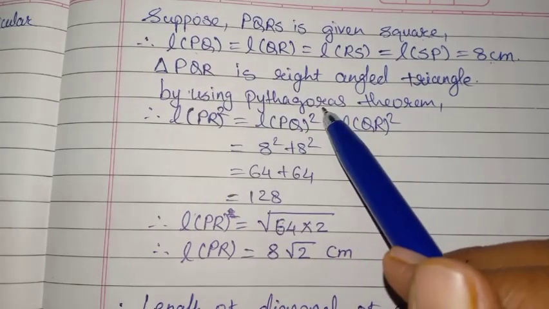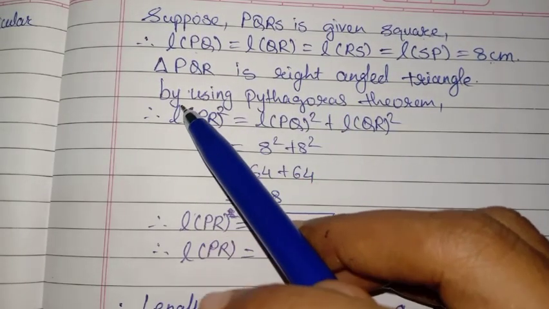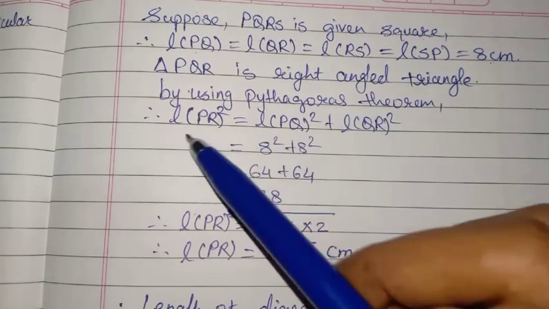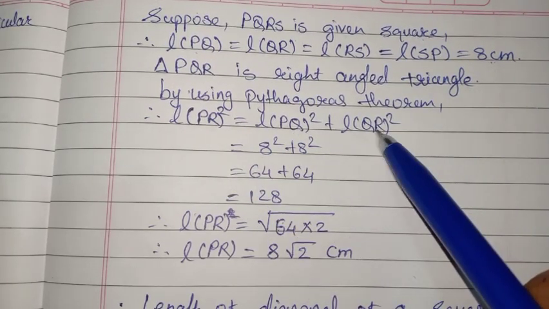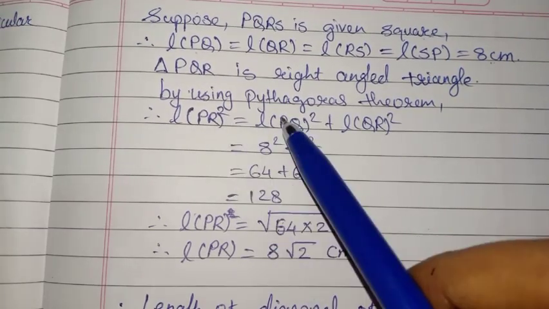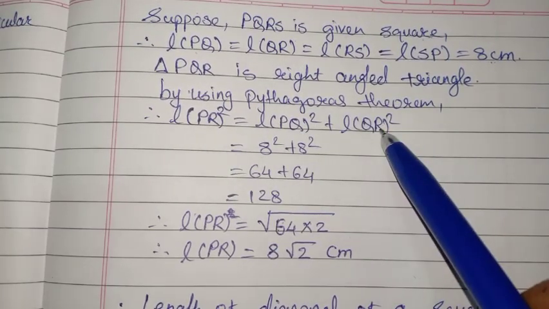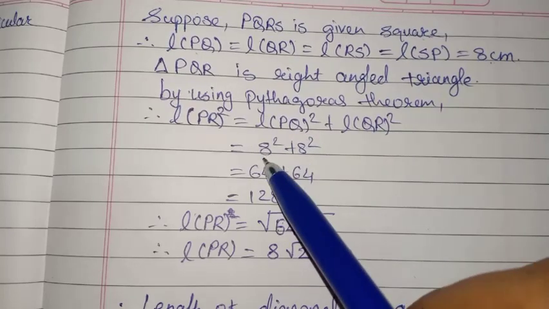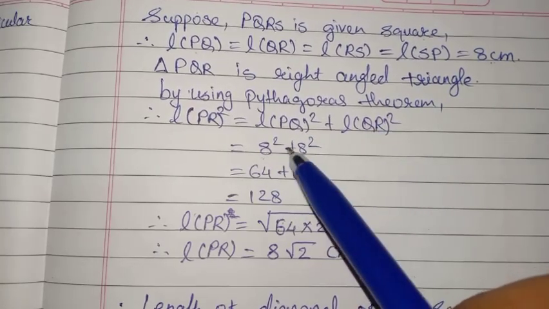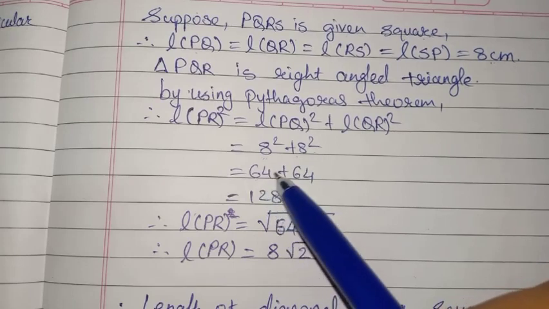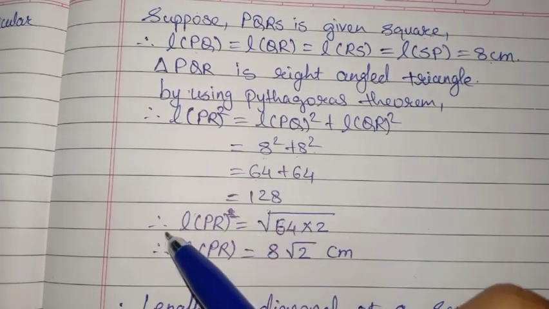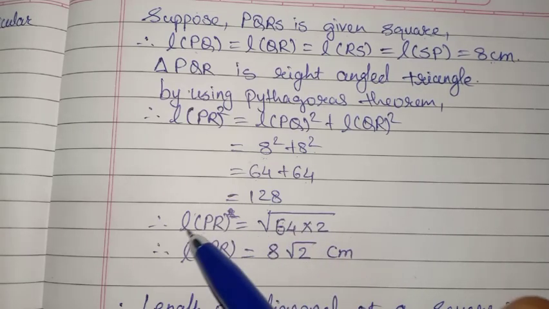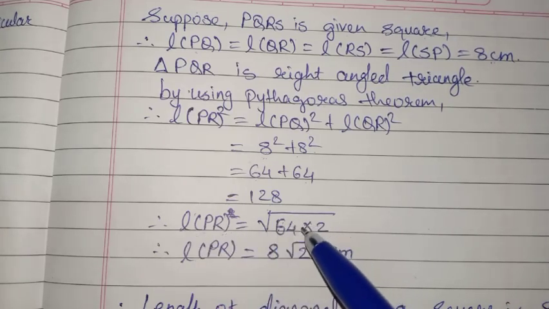So, we can use Pythagoras theorem here. So, write down by using Pythagoras theorem, hypotenuse square is equal to side 1 square plus side 2 square. So, length PR square is equal to length PQ square plus length QR square. PQ is 8 and QR is also 8. So, 8 square plus 8 square, that is 64 plus 64 is equal to 128. Now, by taking square root of both the sides, length PR is equal to, now this 128 we can write